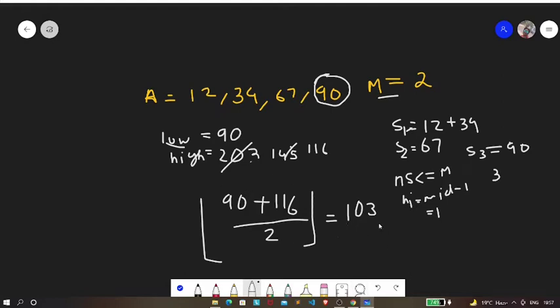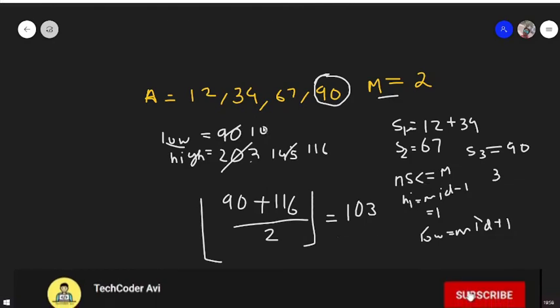So our low will be mid plus 1. So it will be updated to 104.